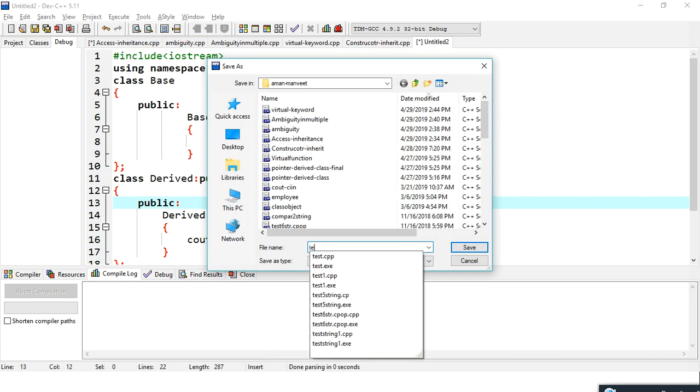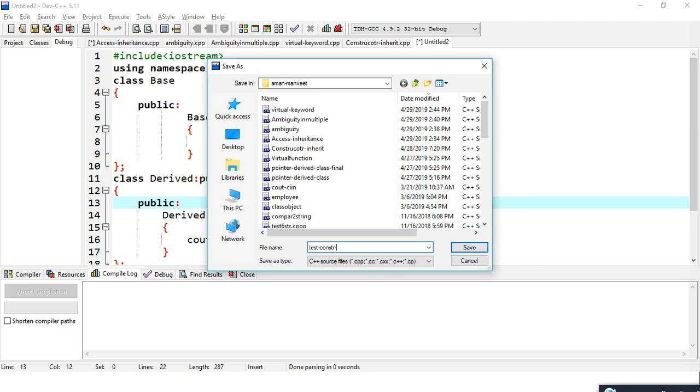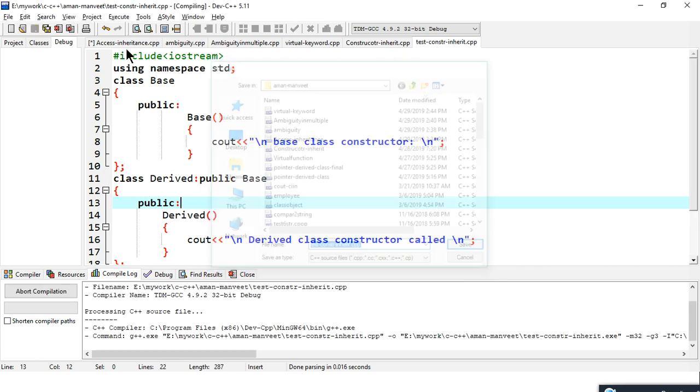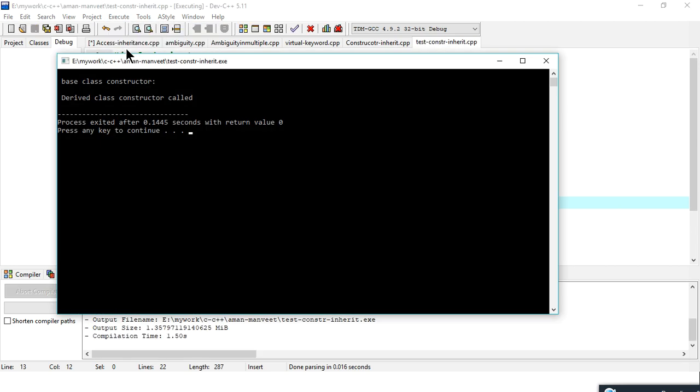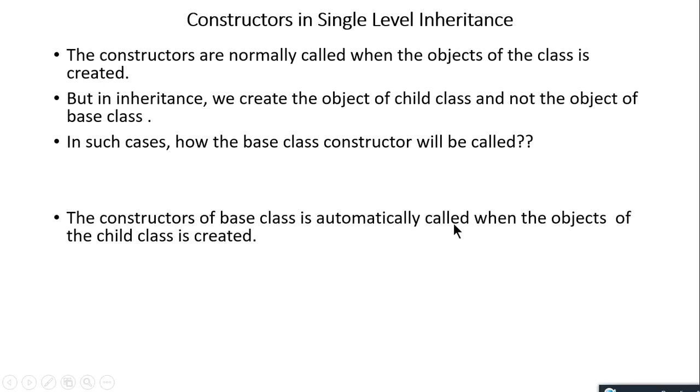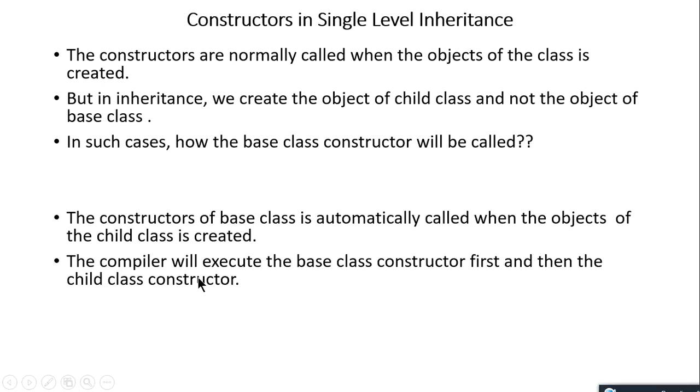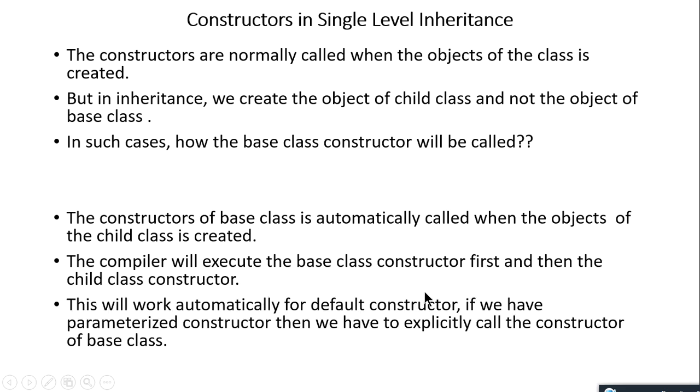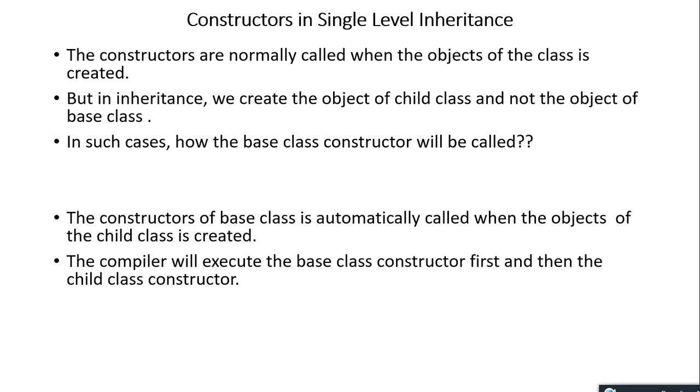So let's see. There you go. The base class constructor is executing first, followed by the derived class constructor. So the constructor of the base class is automatically called, right? The compiler will execute the base class constructor first and then the child class constructor. This will work automatically for default constructors. But what if you have